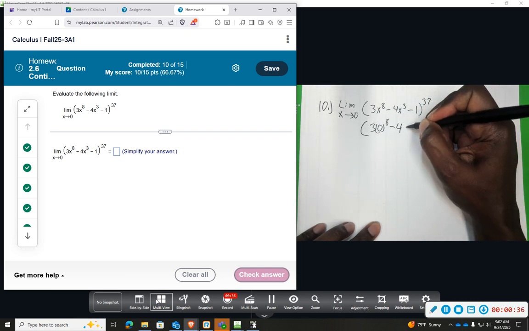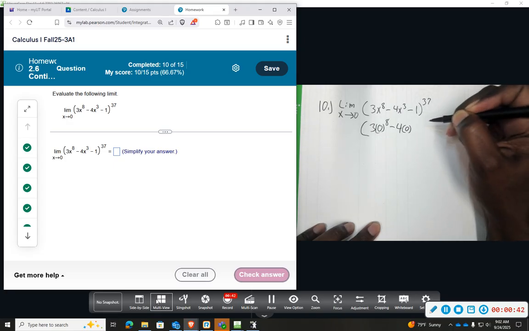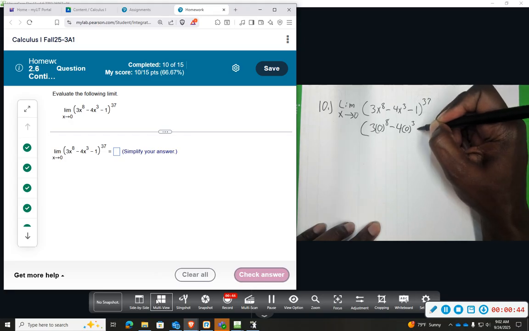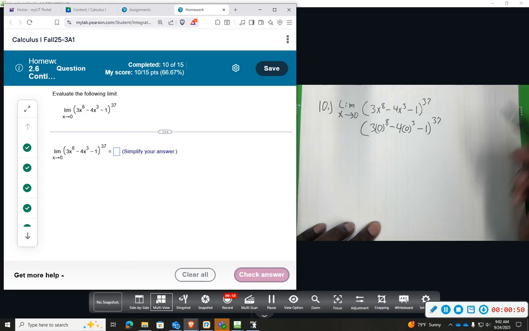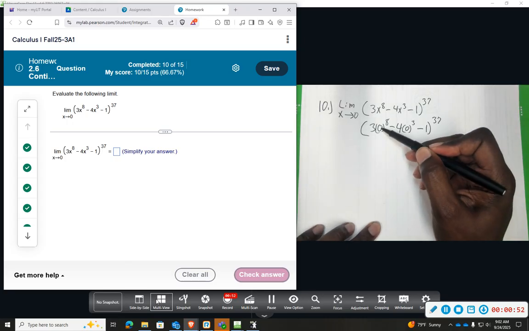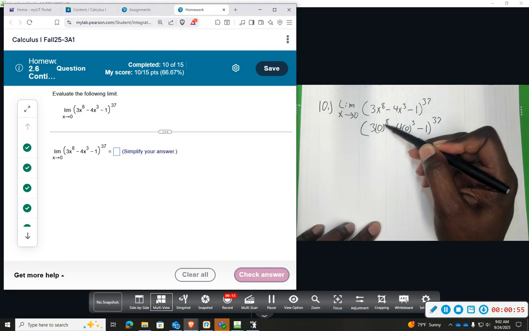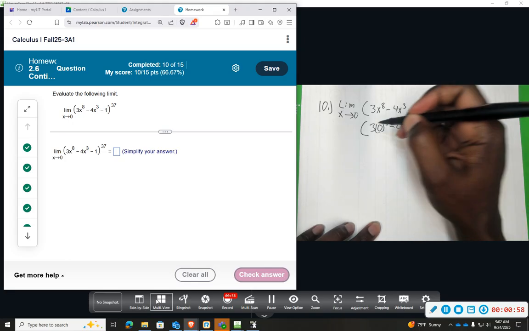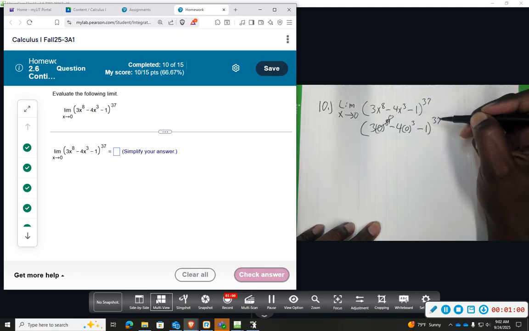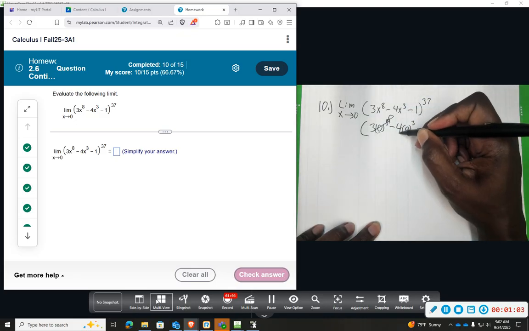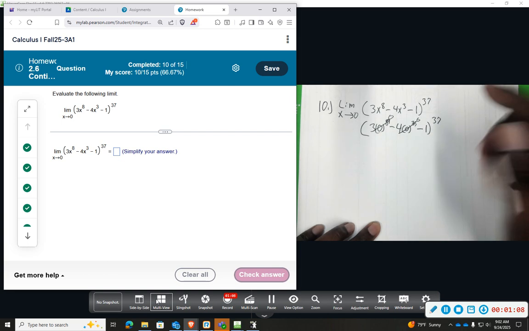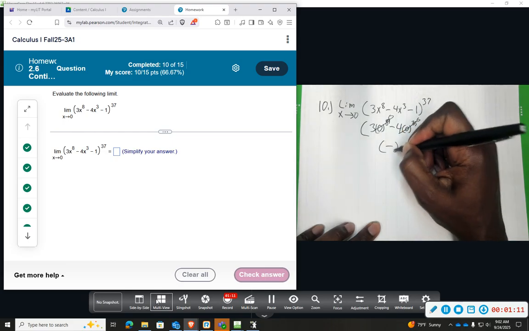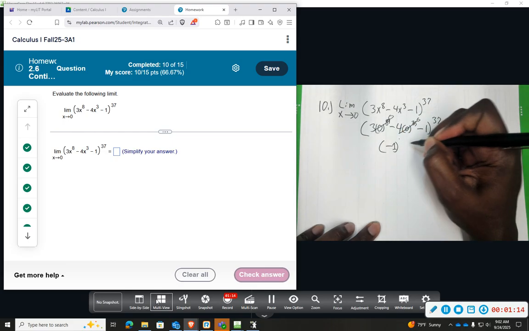So we're plugging in 0 for 3 times 0 raised to the 8th power, and then 4 times 0 raised to the 3rd, minus 1, raised to the 37th power. So anytime we multiply by 0 or raise 0 to a power, we just multiply multiple zeros. So this term goes to 0. This minus 4 times x raised to the 3rd goes to 0, just leaving us with a negative 1. So we have a negative 1